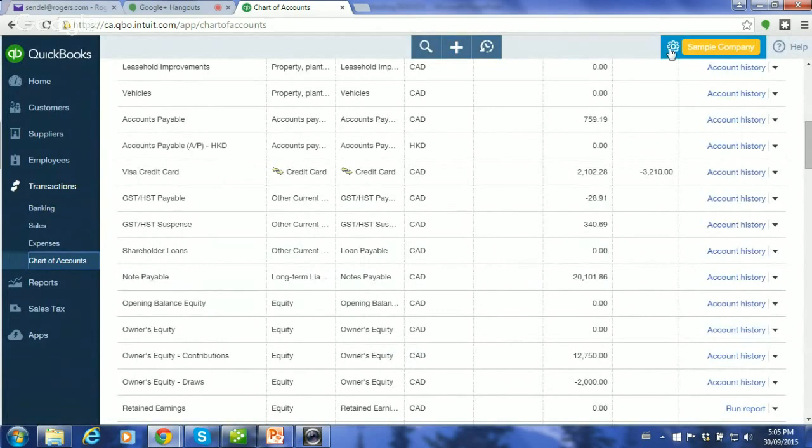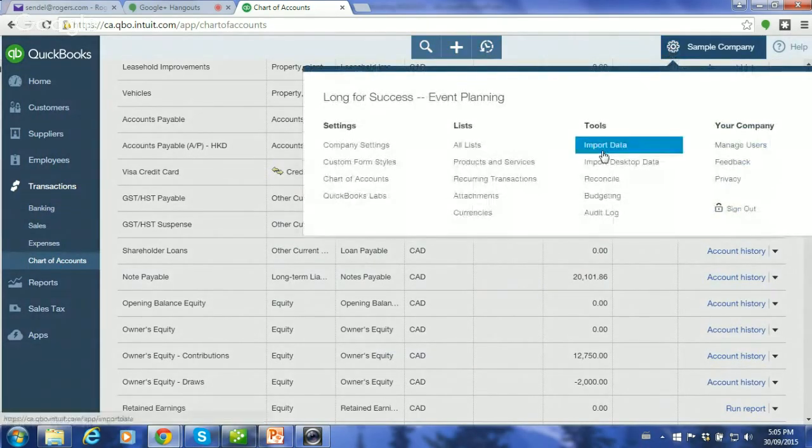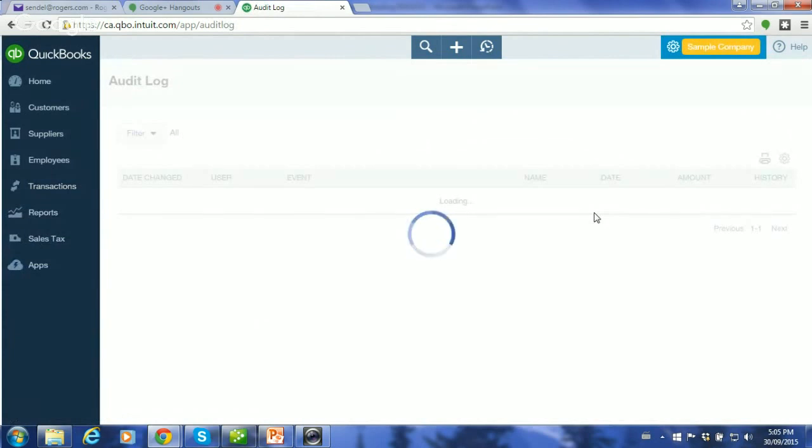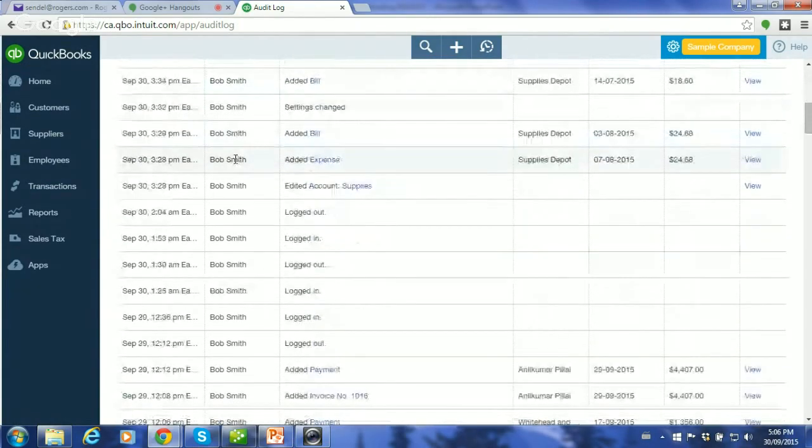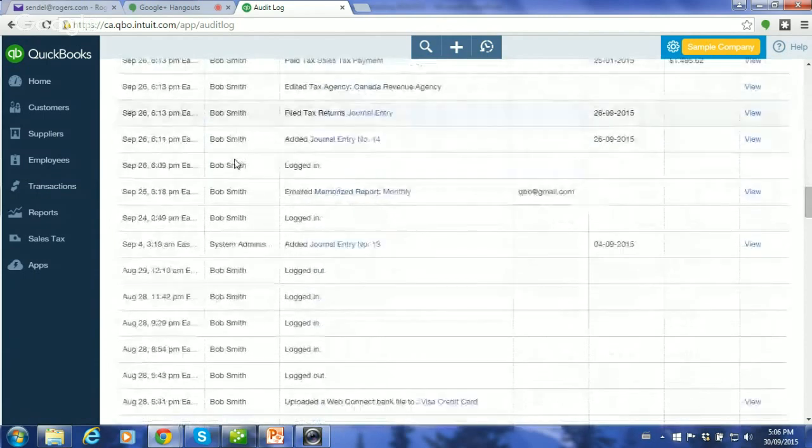Also here, we've got the rotary wheel and we've got the question mark as our normal methods of getting around. If we go to the rotary wheel and we drop down to Audit Log, Audit Log's an interesting part that most people don't go into, but you can see everybody who's logged in, when they logged in, when they logged out, what work they did, everything's there, all the history.